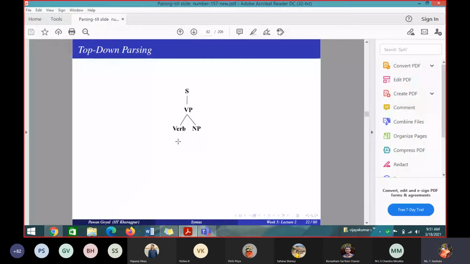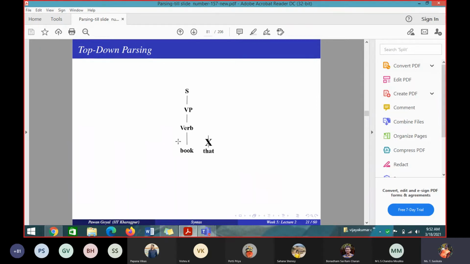But wait. Verb gives book, but that is not there, right? We cannot continue after that because that is there. We cannot continue because we have only one path for the start node. Start node having only VP. Whether we can continue the other path for that word, that and flight. No. So this is also not possible because S is giving only one path, VP.